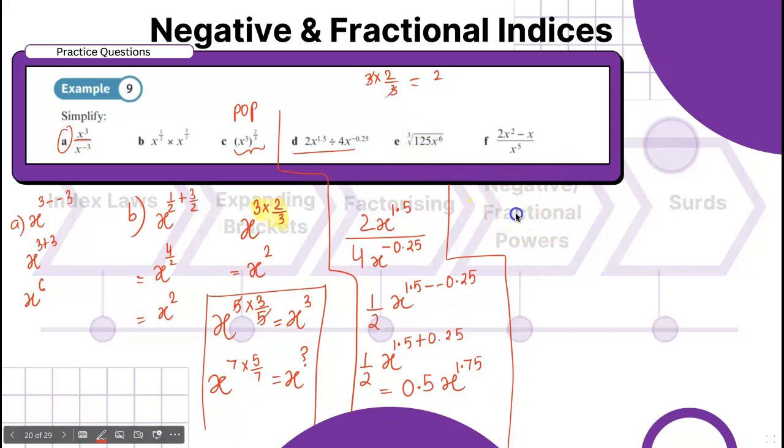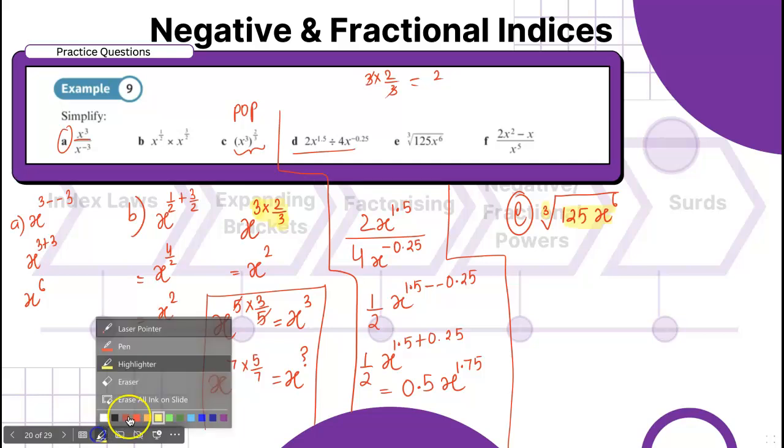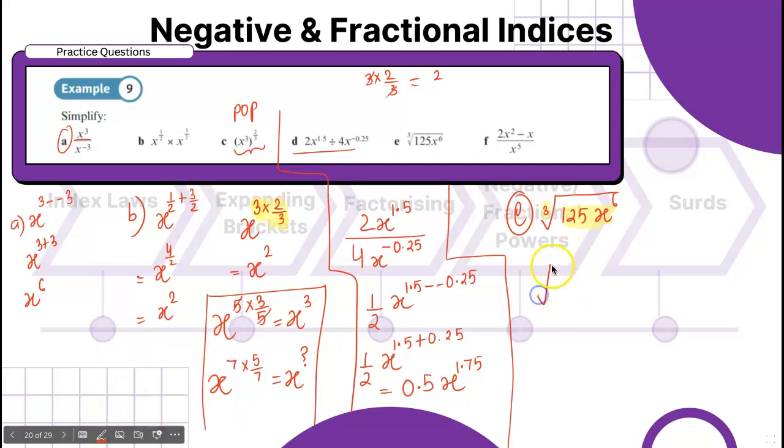Now we're going to be doing E part over here. Are we going to be running out of space? Let's see. E part. So it is 3 there, and you have 125 x to the power 6. For these type of questions, I would suggest you, whatever number you have there, try writing the inside thing as a power of that. So if it is 3 there, you will write the inside thing to the power of 3. So 125 could be written as 5 cubed.